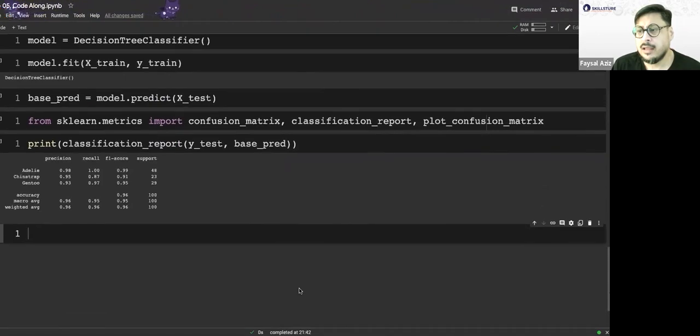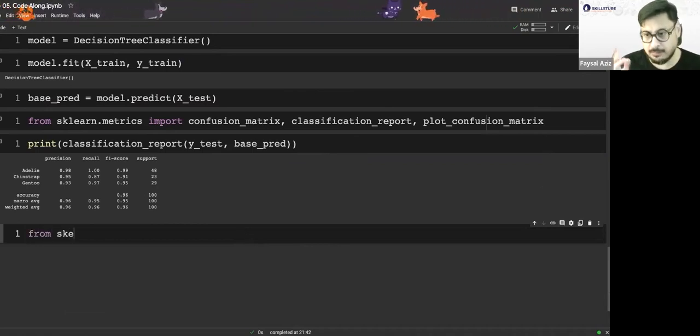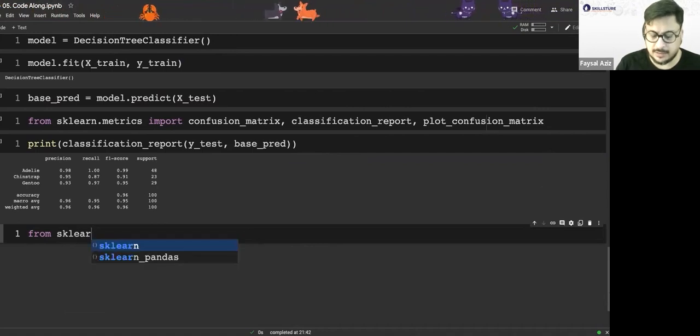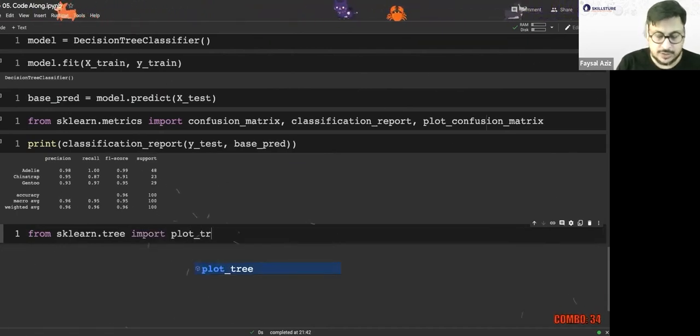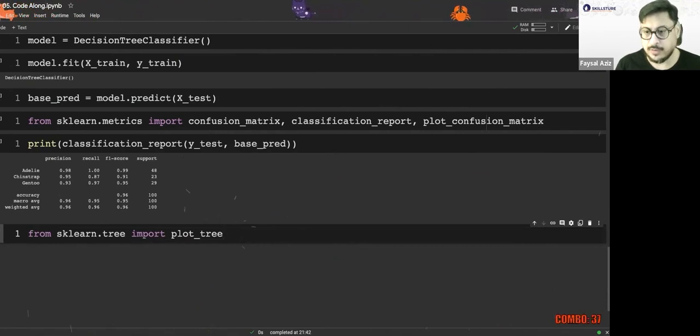Now, that nice if else tree that I showed you, I want to see that. You could also see that actually, I should have imported that earlier. From scikit-learn dot tree, you can import something called plot tree, which again does everything for you.